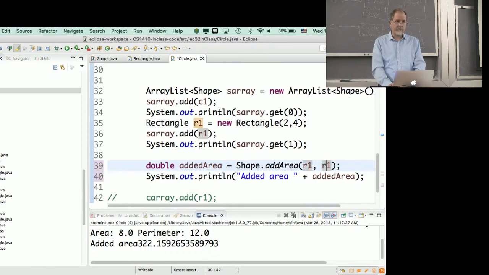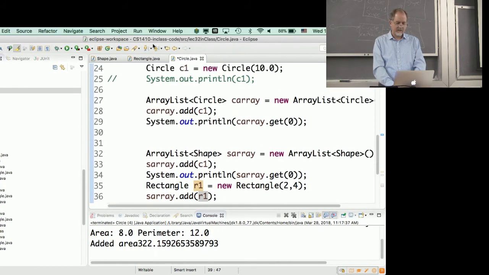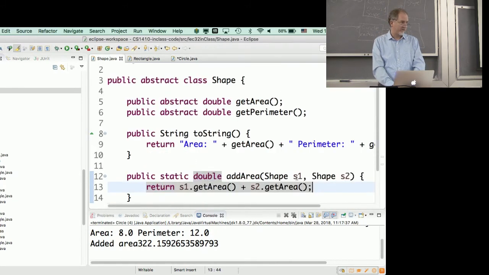It's all legal because of these objects. When you call a method, the object that is this reference gets passed to this reference here, right? So they're referencing the same object. And because this is a more general thing than a circle, it can handle that reference. So if it knows the R1 is a shape and it knows the C1 is a shape,